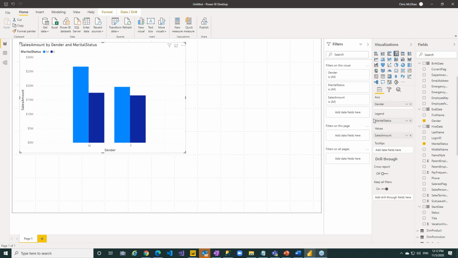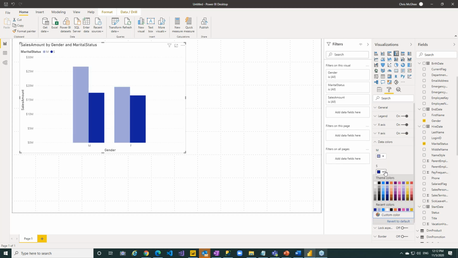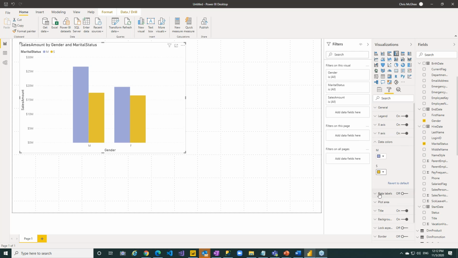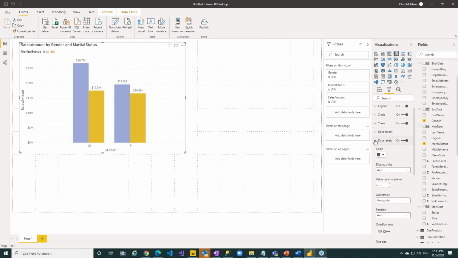I can manage the format of this. Let's make just a couple of changes here. Data colors. Highly customizable stuff. Data labels. If we want to turn labels on, we can. Let's drop in some background here. Let's change the position of a few things. Where's the title here? Data colors, data labels,